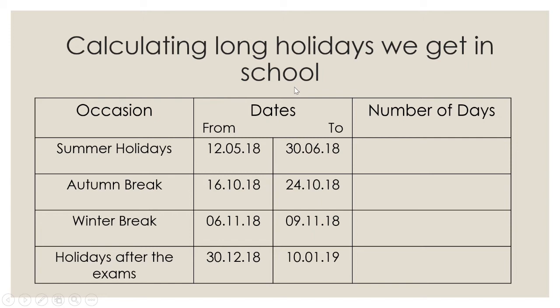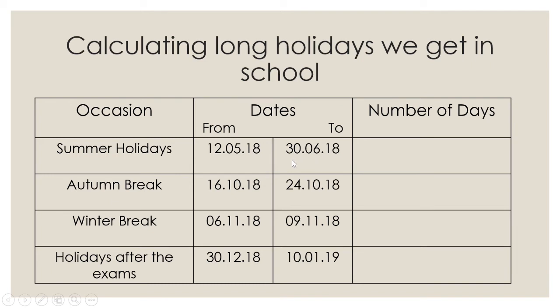Okay, now let us see, the summer holidays are from 12/5/18 to 30/6/18. Now children, the 5th month is May. So from 12th May 2018 to 30th June 2018 you had summer holidays. Now both the days are inclusive. Inclusive means your first holiday will be on 12th May and the last holiday will be on 30th June.